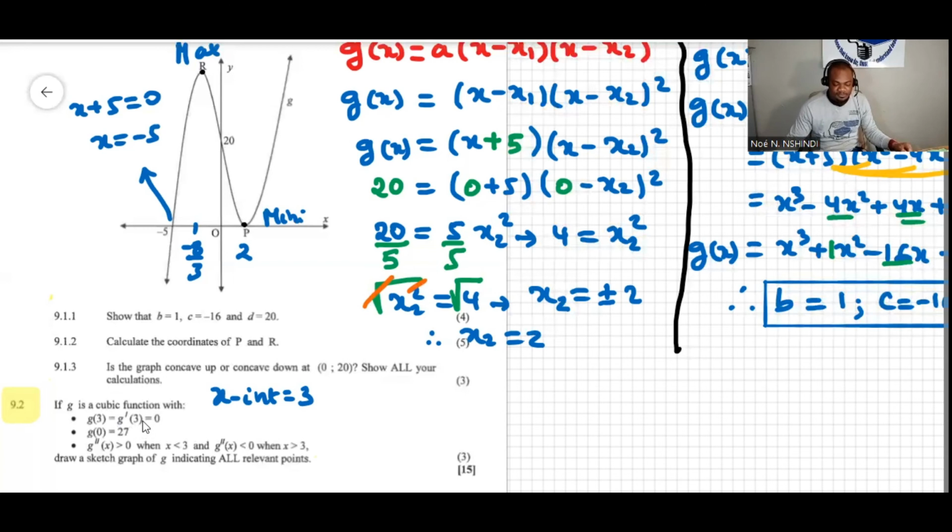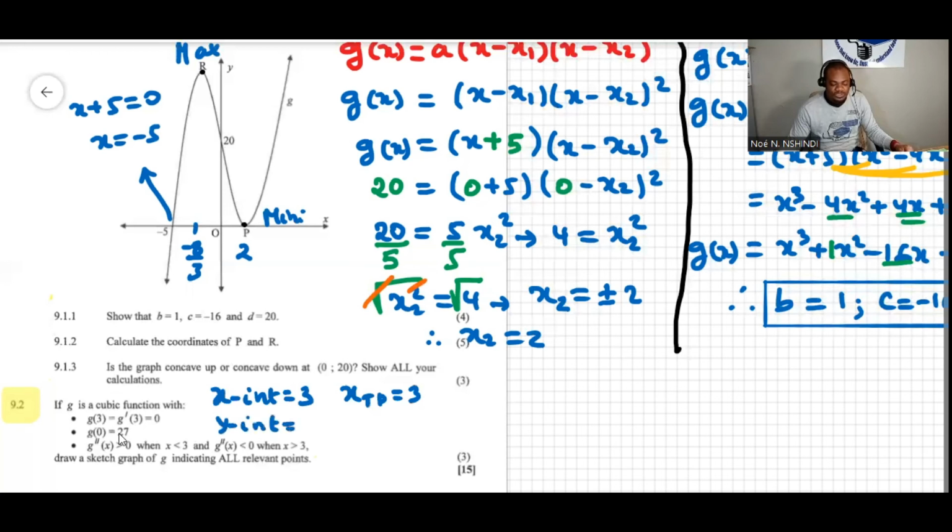So I'm right here, xtp equal to 3. So remember, the turning point can be the maximum or the minimum. And then g of 0 equal to 27 simply means that 27 here is the y-intercept. So over here we have y-intercept,